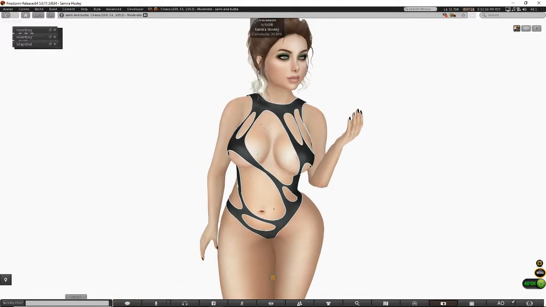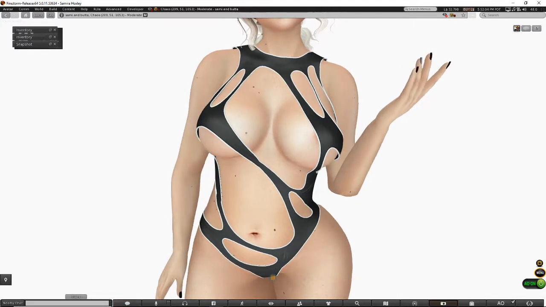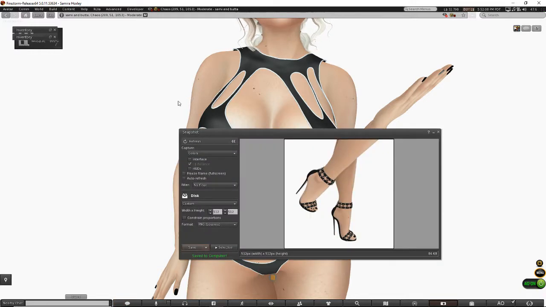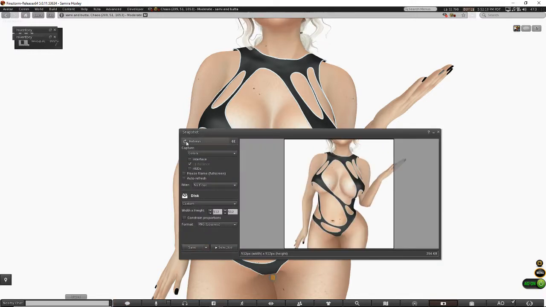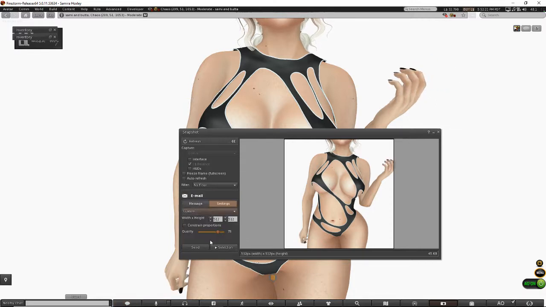I don't really care about getting my face in there. Like I said, I like getting up close and personal with the picture. So let's take a snapshot of it, refresh to get the picture. That's pretty darn close and it's pretty centered. And we're going to, instead of save to disk, send via email